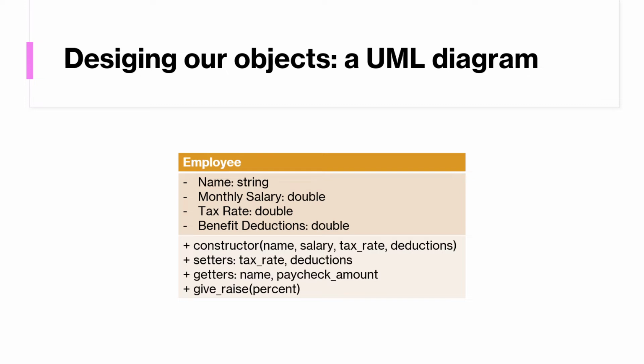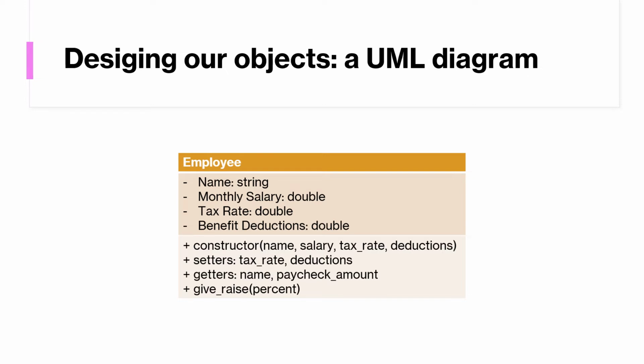The next one gives us the data members, also known as member variables, also known as properties in proper object-oriented terminology. So we're going to have a name, which will be a string. We're going to have a monthly salary, a tax rate, and benefit deductions. Okay. And then in the bottom third of the diagram, we see all of the member functions, also known as